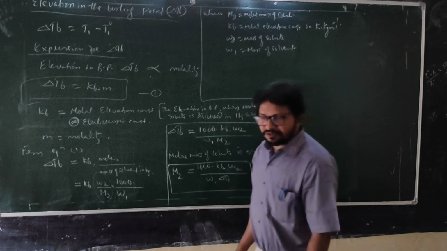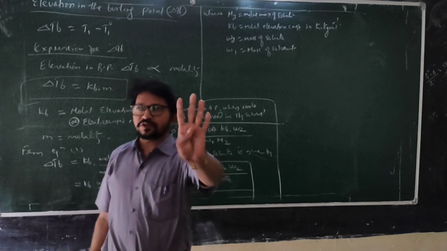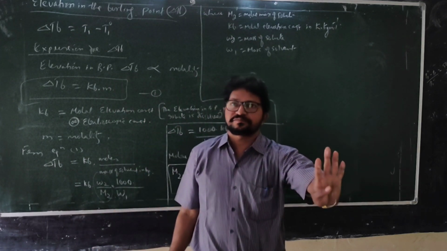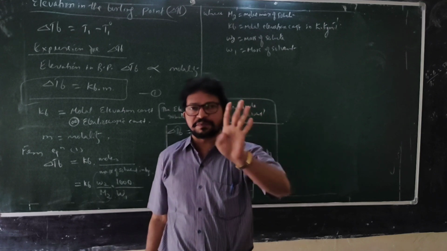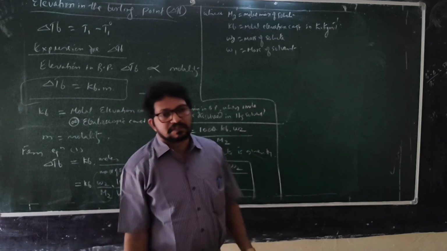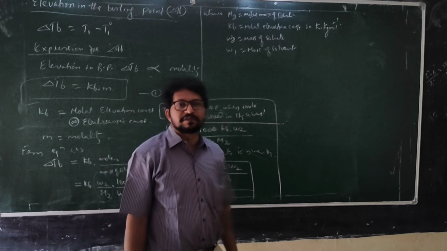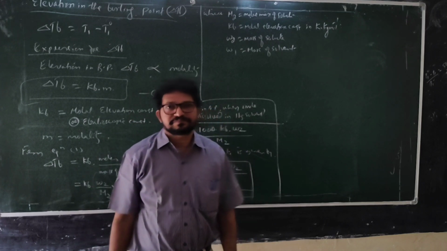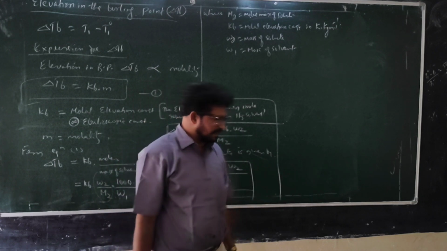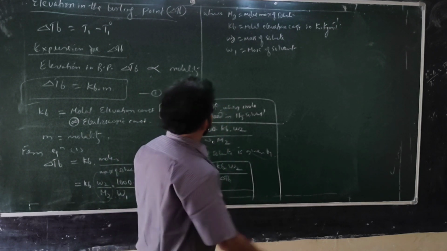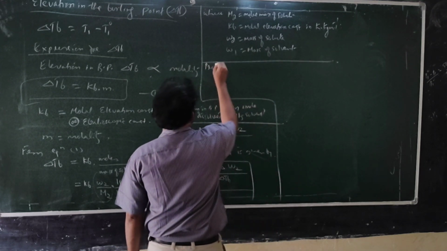So now one problem. I told you that out of the 4 colligative properties, a 3 mark problem must be compulsory according to the scheme of question paper setting. So that is why they must ask one question. I will work out a problem now on elevation in boiling point. You can write this problem.